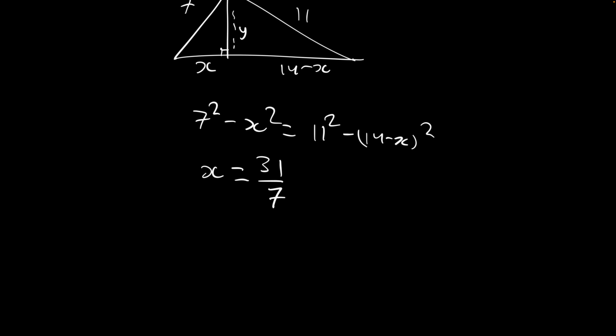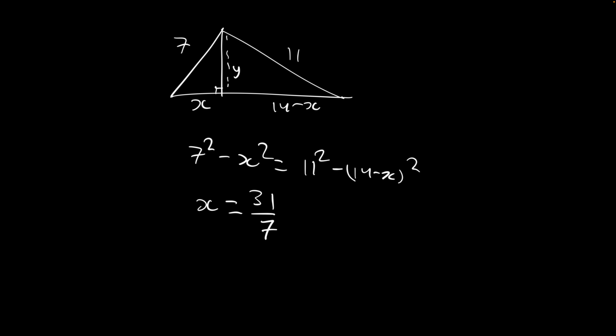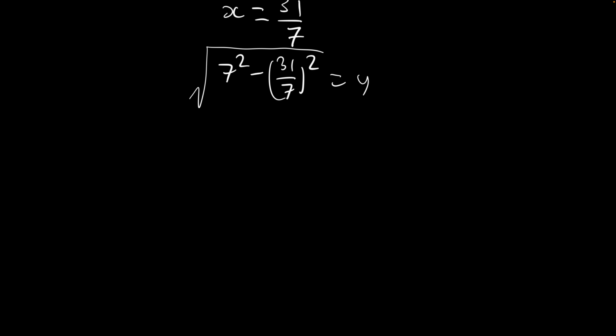Now, after solving this, we can input it back in. So 7 squared minus (31/7) squared is equivalent to our answer squared. So if we want it to equal y, we need to root this thing. So let us calculate this. I shall go through this. 49 minus, now (31/7) squared, I shall just quickly write as